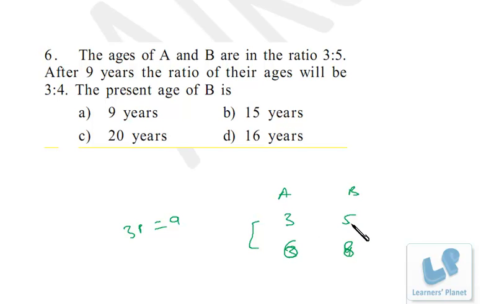As it was 3:5, here it was 3:4. I made it 6:8 by doubling that. I maintained the ratio, but I got the difference as 2. Okay, so that was a strategy to solve this problem. I hope you are clear, and without making any sort of equation, we have solved this problem.